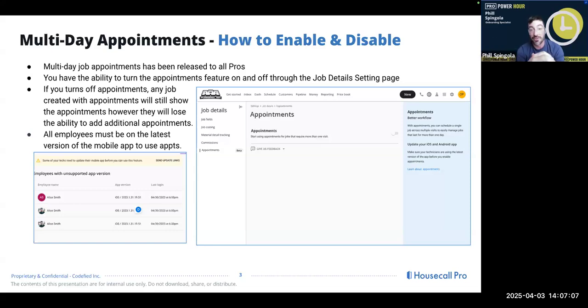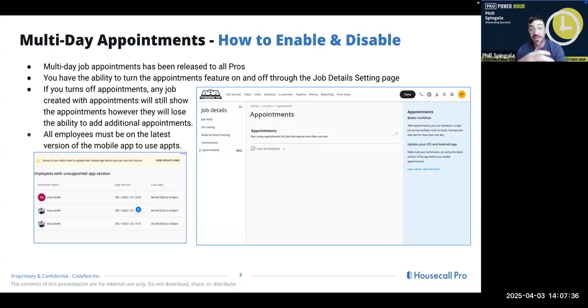As I was reviewing some of the questions prepared for today, it seems a lot of you prefer segments, and we can certainly have this discussion. But I'm going to go ahead and touch on everything. With multi-day appointments, everybody has the option to use them or not. If you do want to use them, these are the instructions right in here. And again, I will show this when I pull up my account.